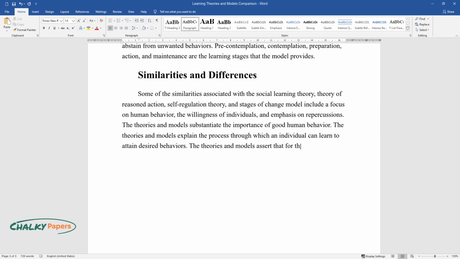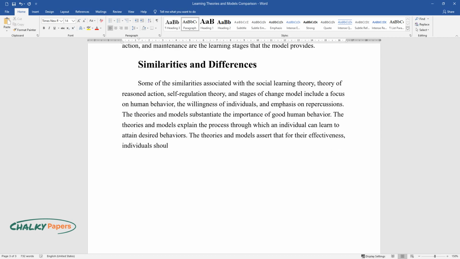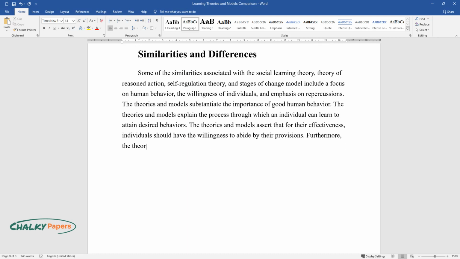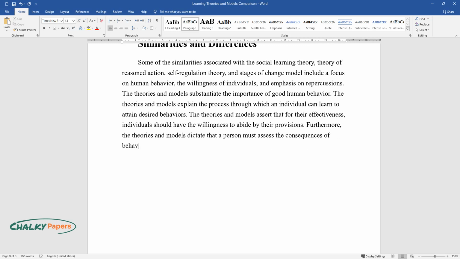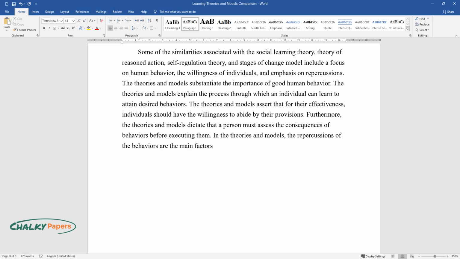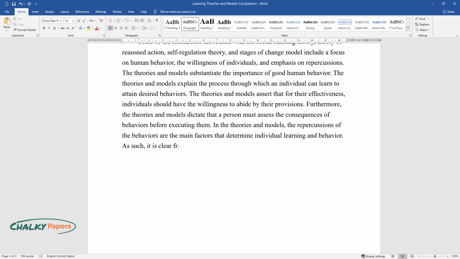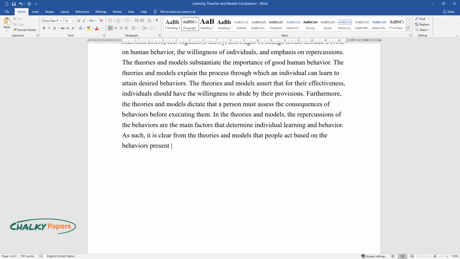The theories and models assert that for their effectiveness, individuals should have the willingness to abide by their provisions. Furthermore, the theories and models dictate that a person must assess the consequences of behaviors before executing them. In the theories and models, the repercussions of the behaviors are the main factors that determine individual learning and behavior. As such, it is clear from the theories and models that people act based on the behaviors present in the